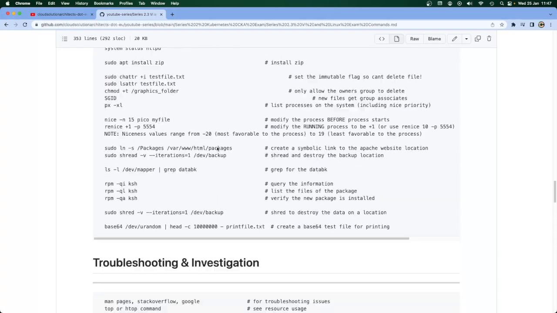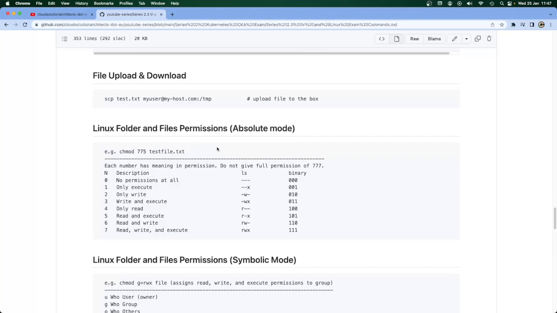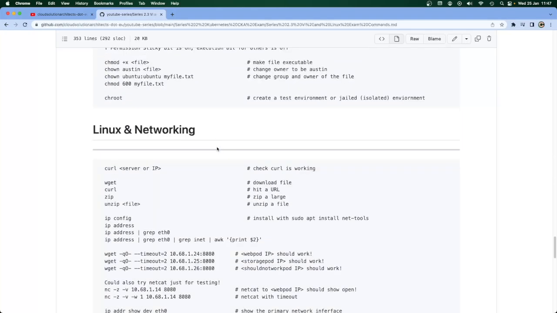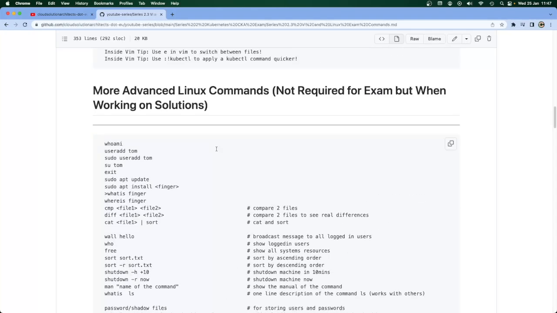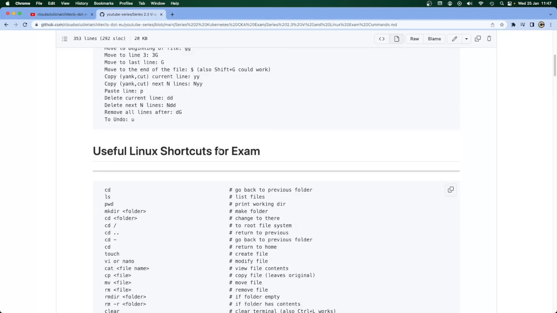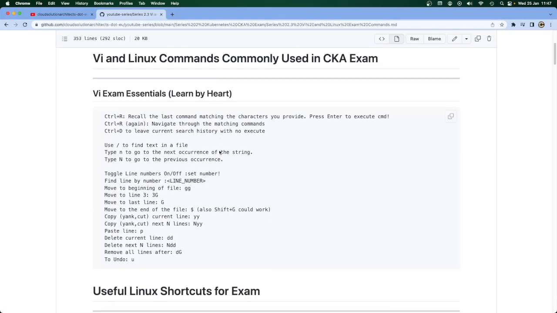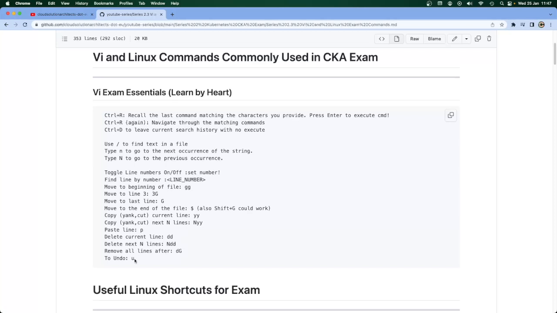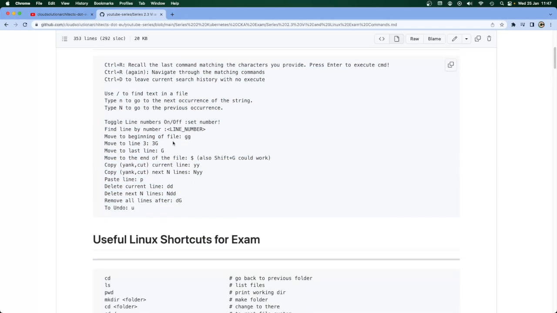Now, you do not need to know all of these commands, but I would suggest using this file as a reference when completing your home study. It certainly makes sense for the exam that you will learn some of the actual commands, and I've listed some of the actual VI commands here. And as you practice, for example,